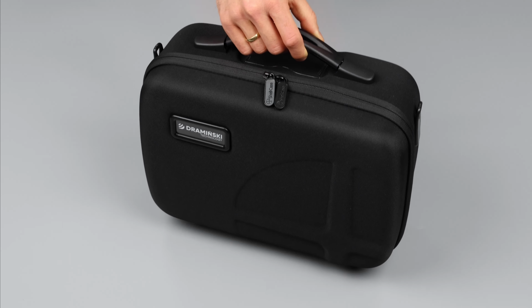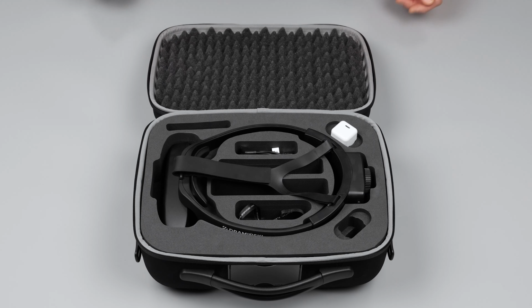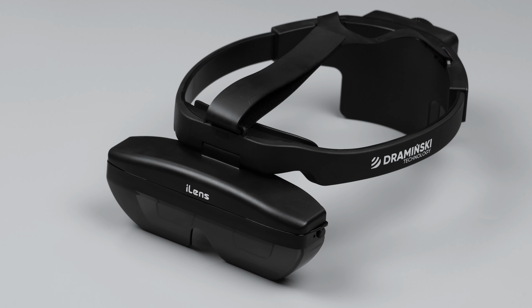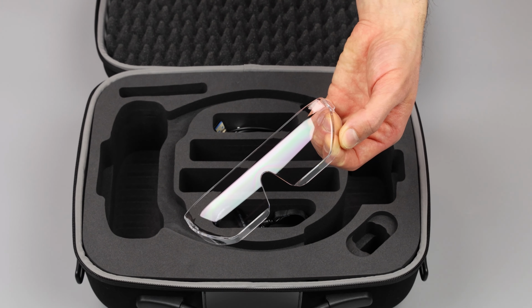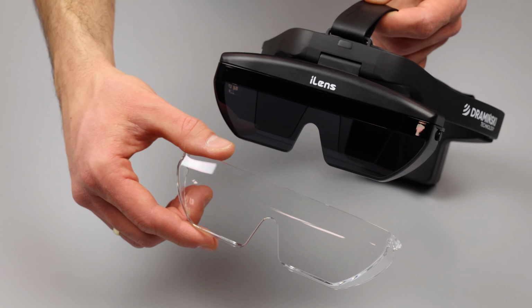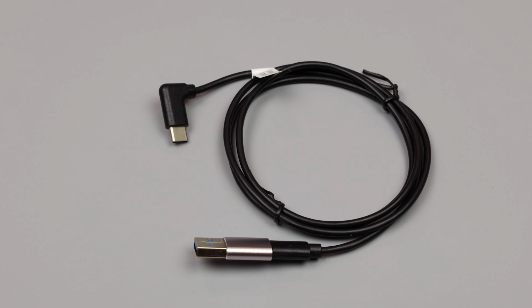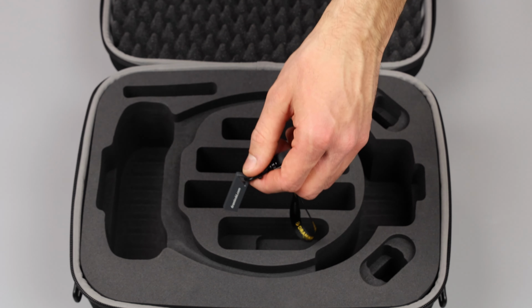The set arrives in a lightweight and handy transport case, filled with foam insert to protect the contents. Inside you will find the iLens wireless goggles, with displays in augmented reality technology, a transparent and shaded display visor protecting them from damage, a USB-C charging cable, a USB-C to USB-A adapter, a compatible charger, a USB flash drive